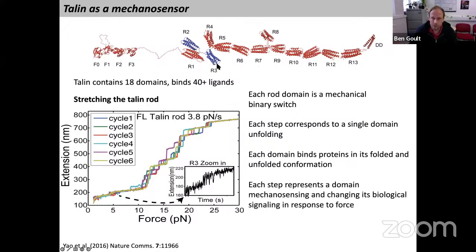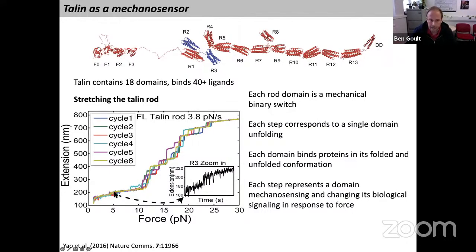And when we stretch the 13 domains of the Talin rod, we get this panel here. And this is still mind-blowing to me, even though we've had it 7 or 8 years, that it looks this complicated, but also this robust. And what you see when you start to increase force is you see R3 unfolding first. That is the initial